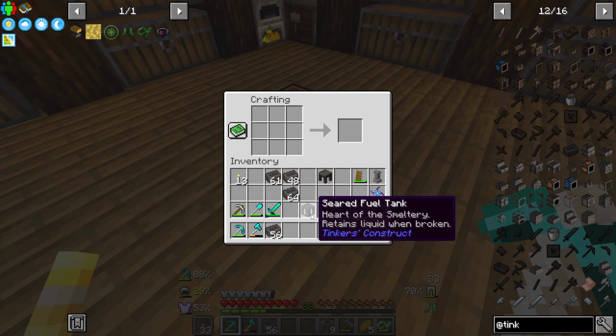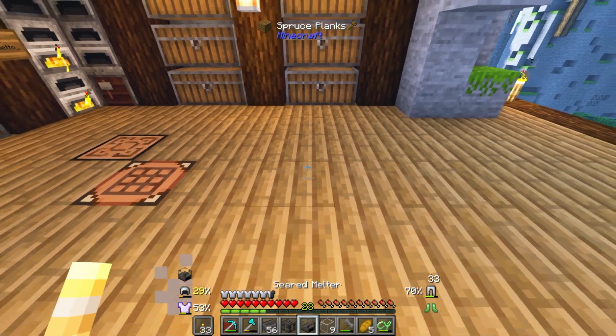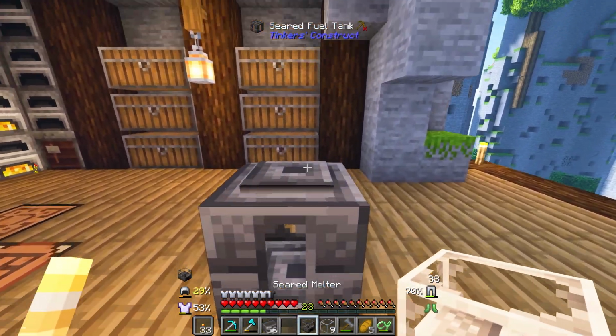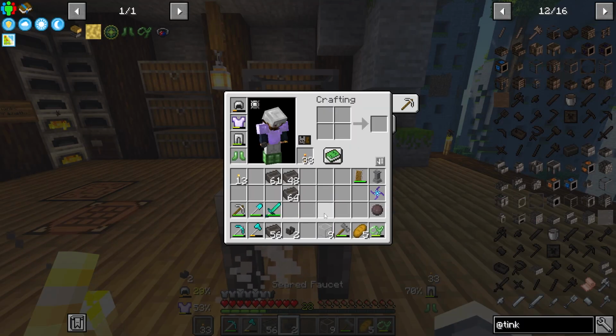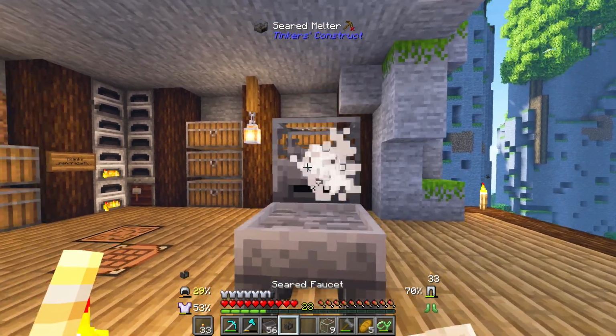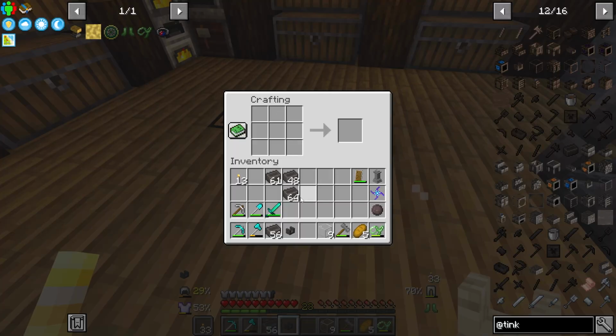And all we got to do is fill this tank with lava. And then we're going to have, let's see, the tank like this to get started. Melter on top. We're going to place this down here. And then we'll have the seared faucet right here. We also need a basin, which is like this, because this is